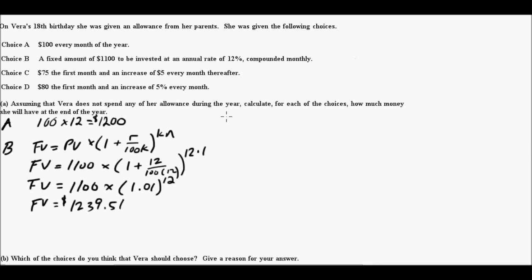Now, choice C, it says 75 for the first month, an increase of $5 thereafter. Okay, that's an arithmetic sequence. So we can use the arithmetic sequence formula to get our sum, because they want to know how much for the year, right? So remember that this is n over 2 times 2 times the first term plus n minus 1 times d. Now, you could add them all up if you want, but this is much quicker. So the sum of 12 is going to be 12 over 2